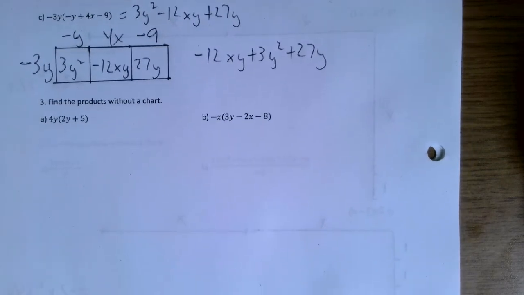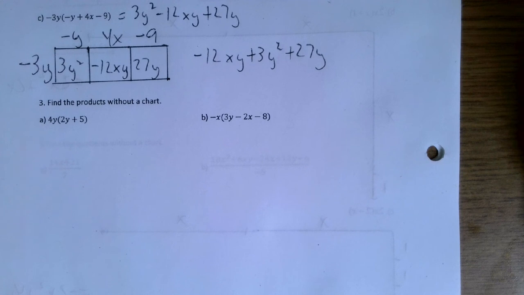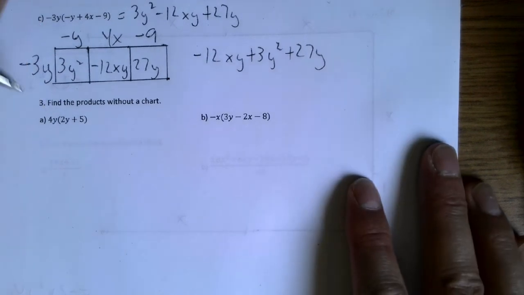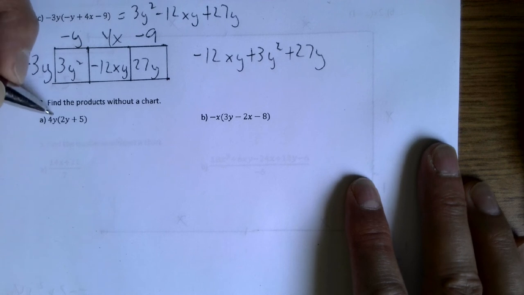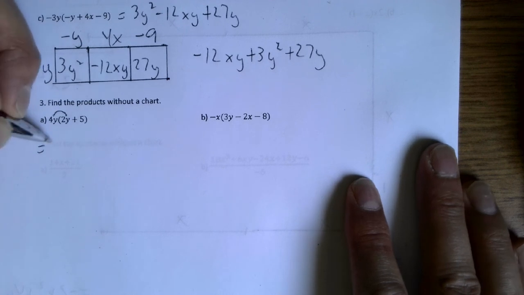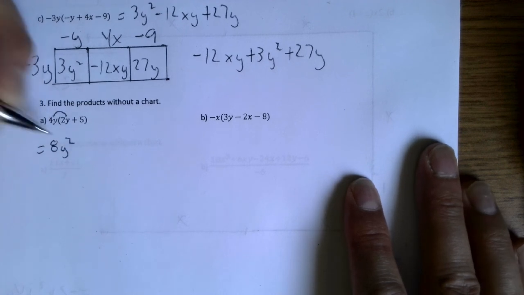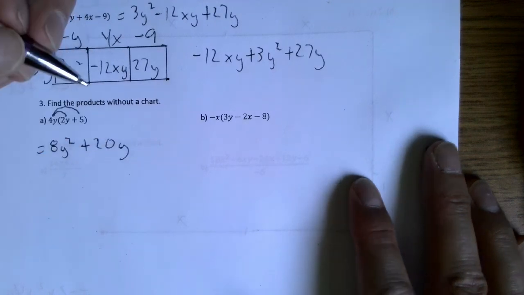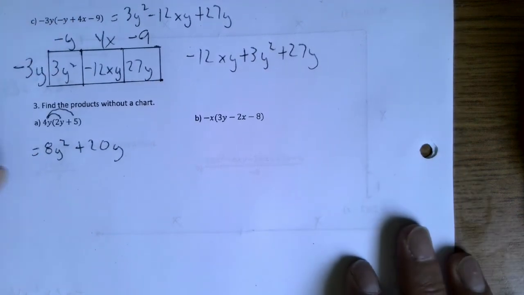All right, and finally, you guys remember, because we did this last time, we want to find these products without a chart. And remember, basically all we're doing is just multiplying everything in the brackets by whatever's out front. So we've got 4y times 2y equals 8y squared, and 4y times 5, we're going to add a 20y. Okay, B,